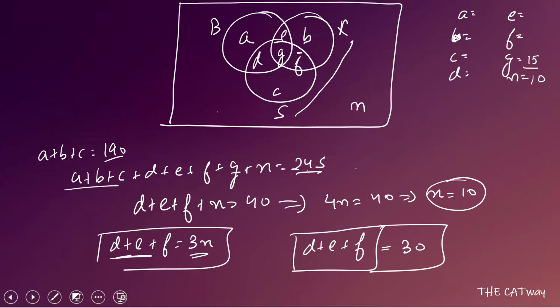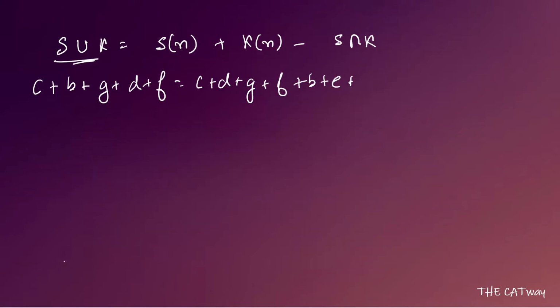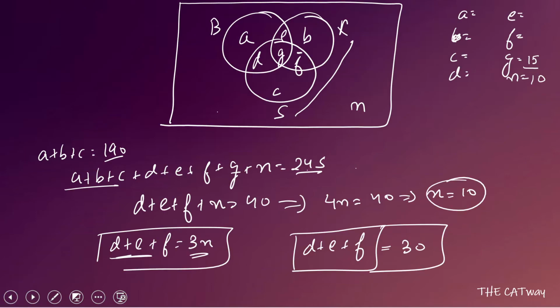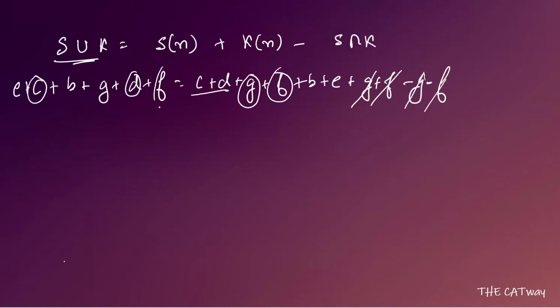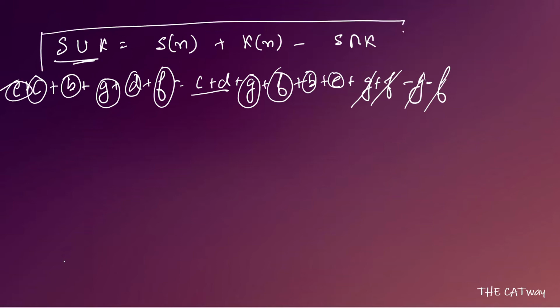Similarly, Kedar is going to be B plus E plus G plus F. Sorry guys, here E will also be included. Sorry, I missed that part. From that we will subtract G and F. So G and F will be subtracted, not G plus F, it will be G minus F. So this G and F will get cancelled, and what we are left with is C plus D, that is C, D, G and F, here also G and F, and B and E, here we have B and E. So this is the classic definition of Venn diagram. This is what we are going to use.